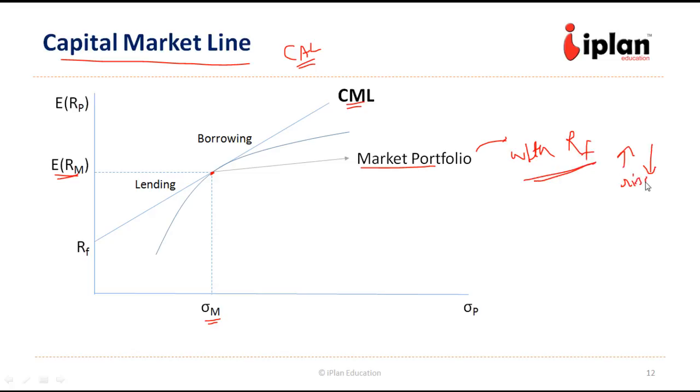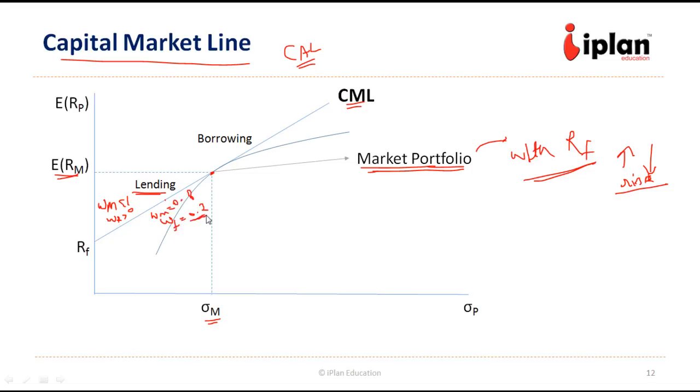Earlier we had one simple portfolio for a particular investor based on the utility function of that particular investor. Now we are talking about the market portfolio where we are combining it with the risk-free asset. So if we are lending, that is, the weight of the market portfolio is less than 1 and the weight in the risk-free asset is positive. So for example, at this point WM could be 0.8 and the risk-free asset has only 20% weightage.